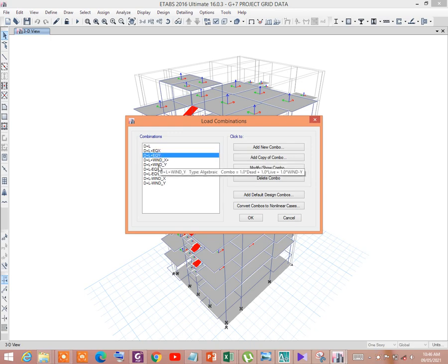Then after analysis we have to check which combination is giving the maximum effect for bending moment or for axial load or for torsion.